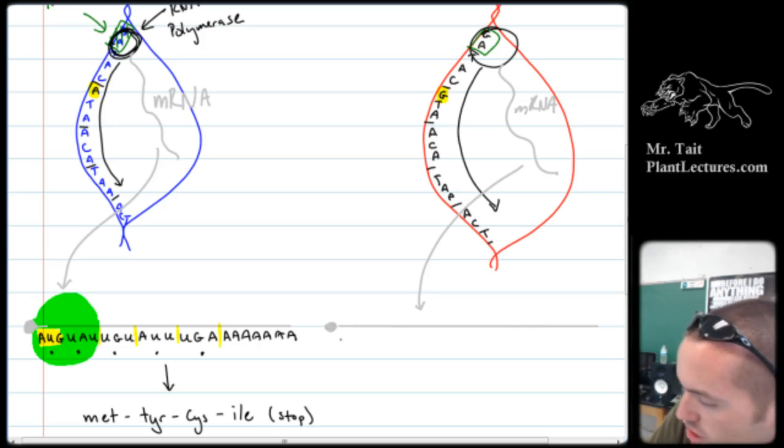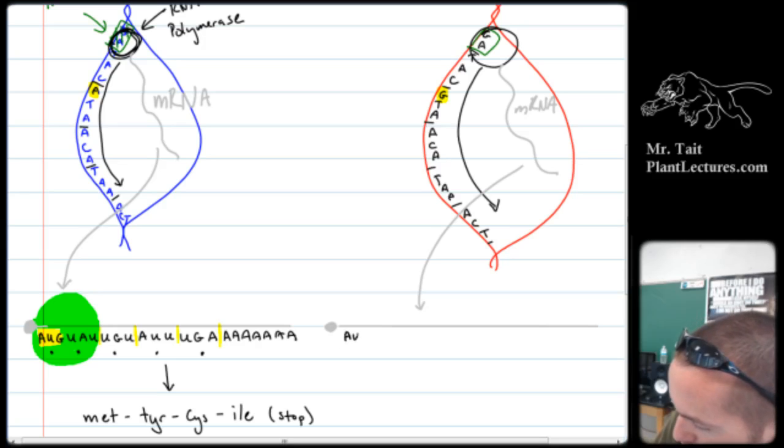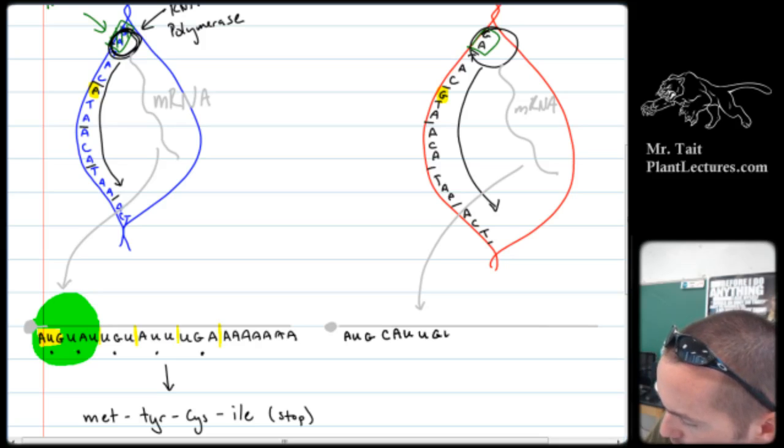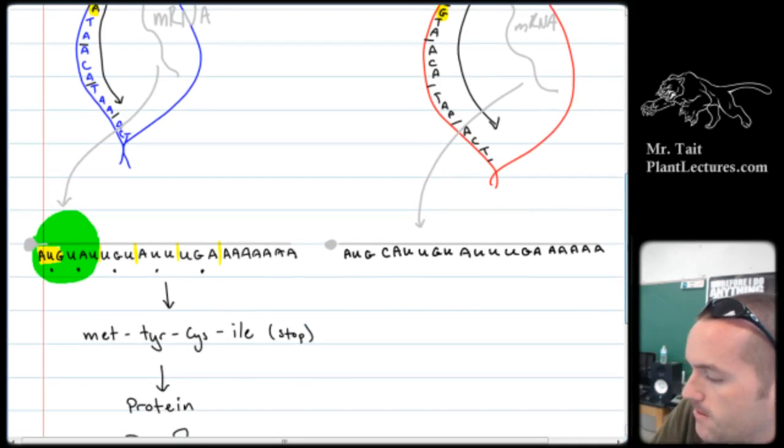So we said the only thing that changed was the second codon. So the first codon's the same, it's AUG. The second codon changes from UAU, but now it's going to be CAU. Right? The next one's the same, so it's UGU. The next one's going to be AUU. The next one's going to be UGA, and then a bunch of A's for the poly A tail. Okay? So we've got our